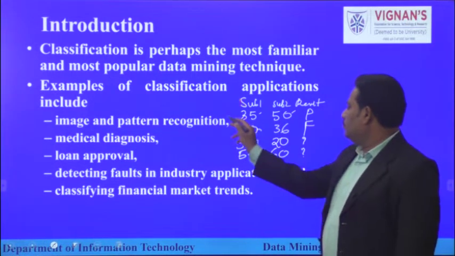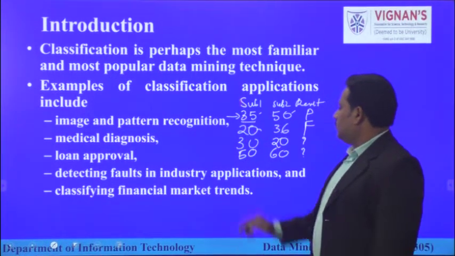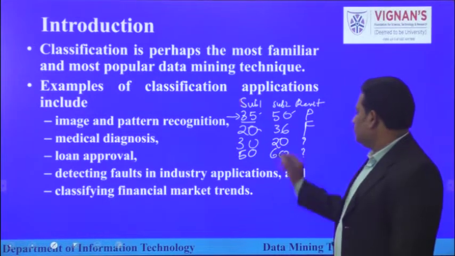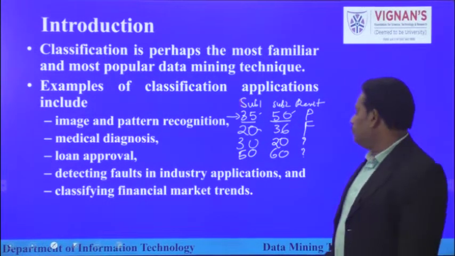In the first row, student 1 has got 35 marks in subject 1. He got 50 marks in subject 2. We are saying passed. On what basis? We know, because